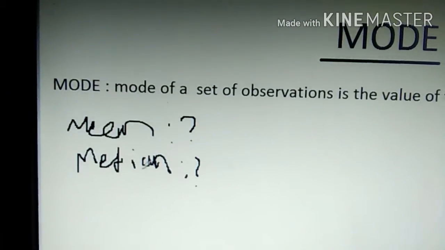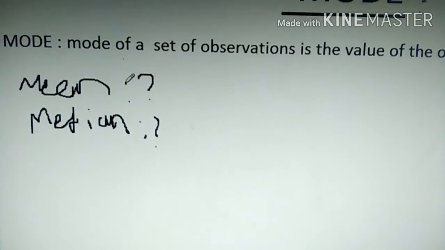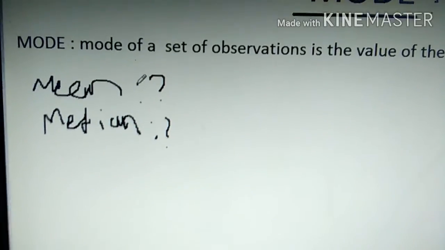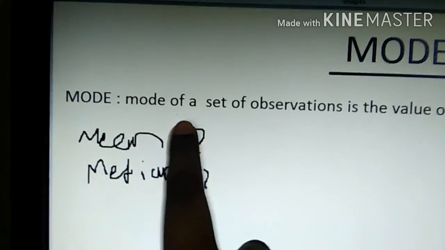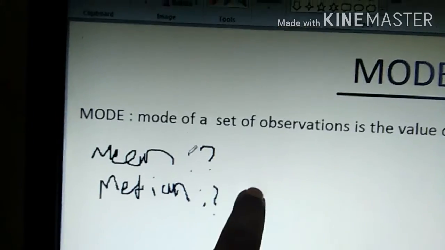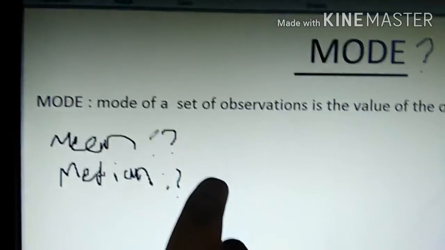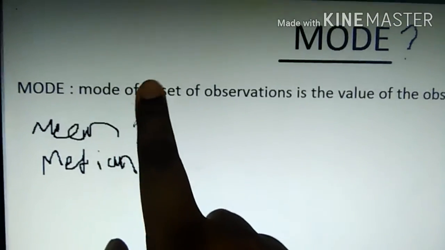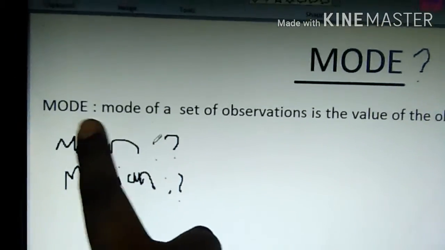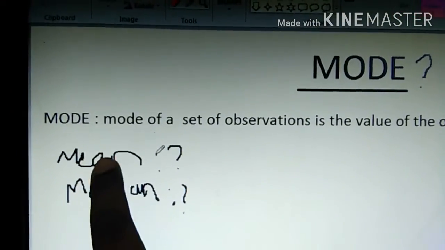Why I am explaining these again is because if you go to an examination hall and attend the test, or in a textbook, they will give a combination of mean and median sums. They will give specific mean sums and specific median sums, and they will give in-between mean and median combination sums. Now, mode. For mode also they will give separate sums, but they will give these three combination sums. So mode is also important along with mean and median. So, now what is mode?